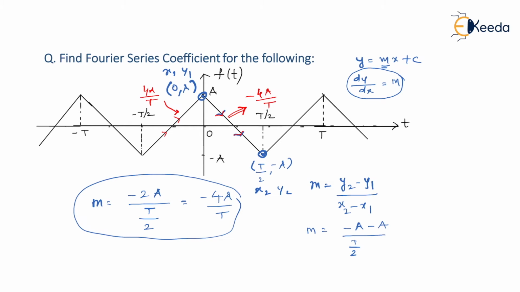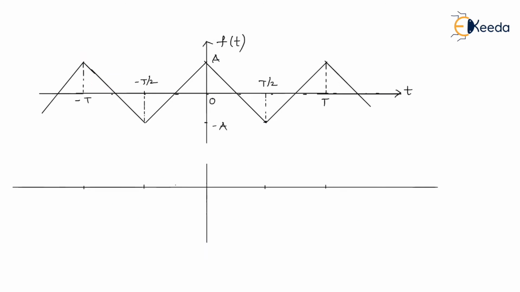we are quite comfortable getting Fourier series coefficients for a square wave directly. So we have this f of t, and what I'm going to do over here is take a derivative of f of t. We know what the slope is for this: it is minus 4a by t. So as you can see, in the duration from 0 to t by 2, we have a slope value of minus 4a by t. And we know that after taking a derivative, we get only the slope, that is a constant value of minus 4a by t.